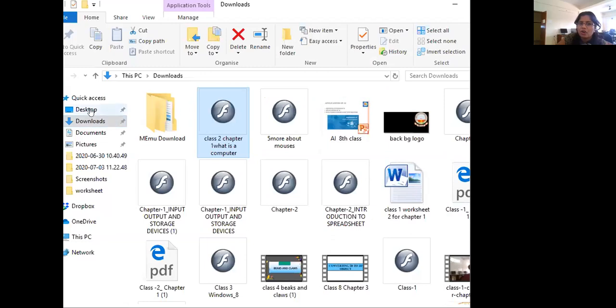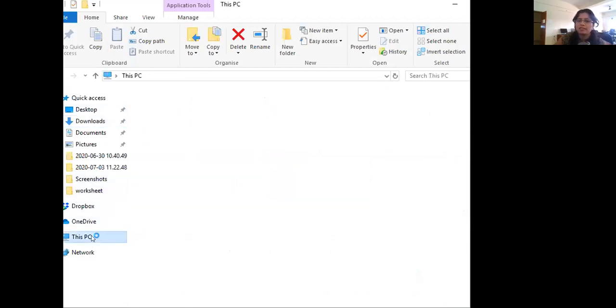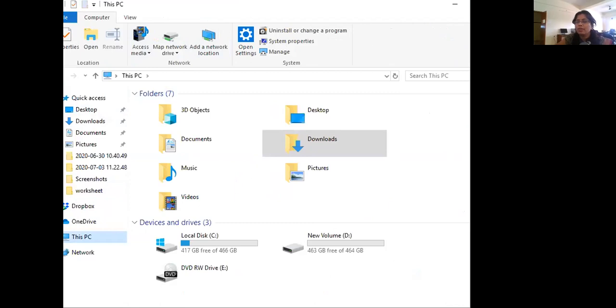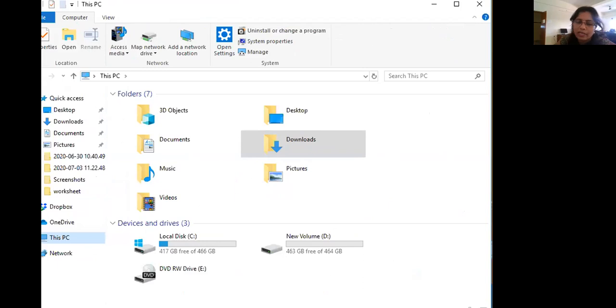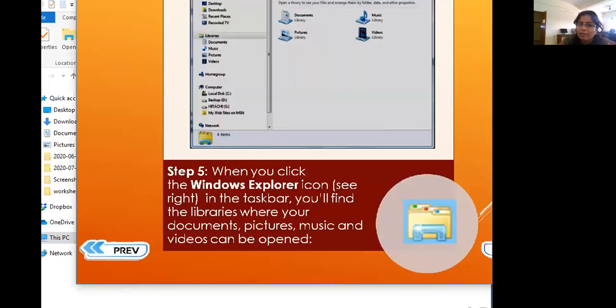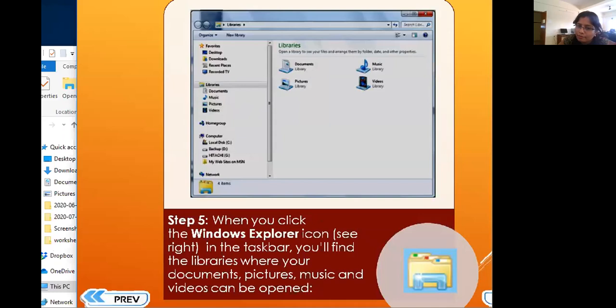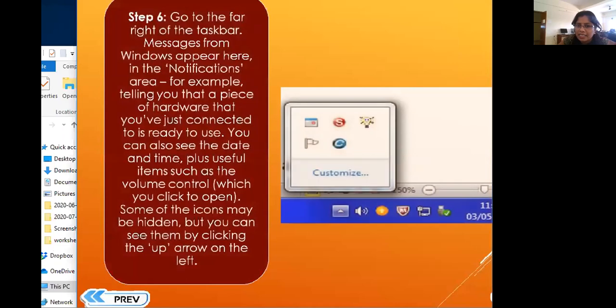Yes, this is your File Explorer. What do we call it? Because it keeps all the files which we want to keep in our computer. That's why it is called File Explorer. Explorer in the sense that if you want to find any file, you click on that and this screen will open, and here everything is available. All the files on the desktop, all the files in the download folder, your music folder, picture folder. Everything is available for you in that particular Windows Explorer.